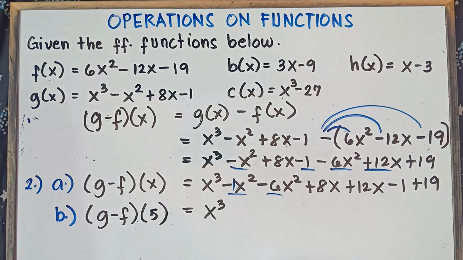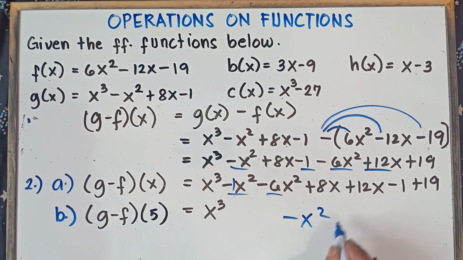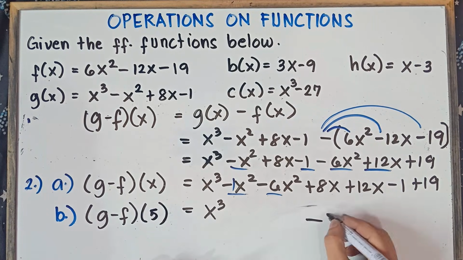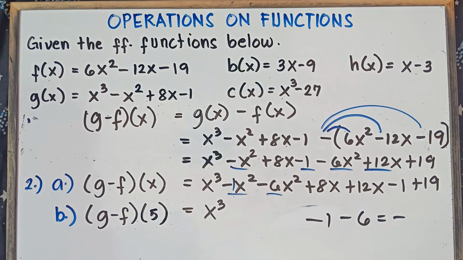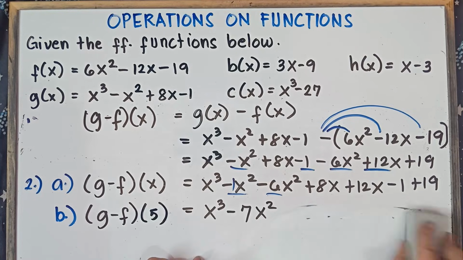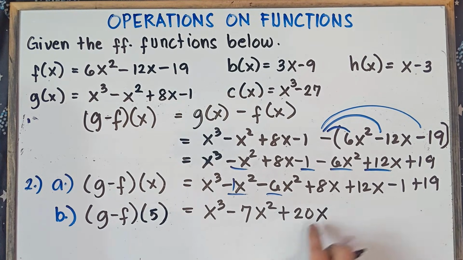This one, we can combine this one. Understood that there's 1 here. Once again, negative 1x squared is just the same with negative x squared. So negative 1 and then negative 6. Once again, class, both negative. Simply copy negative sign. Simply add the numbers. That would be negative 7. Negative 1 minus 6, that would be negative 7. So negative 7, simply copy x squared. And then 8x plus 12x, that would be 20x.